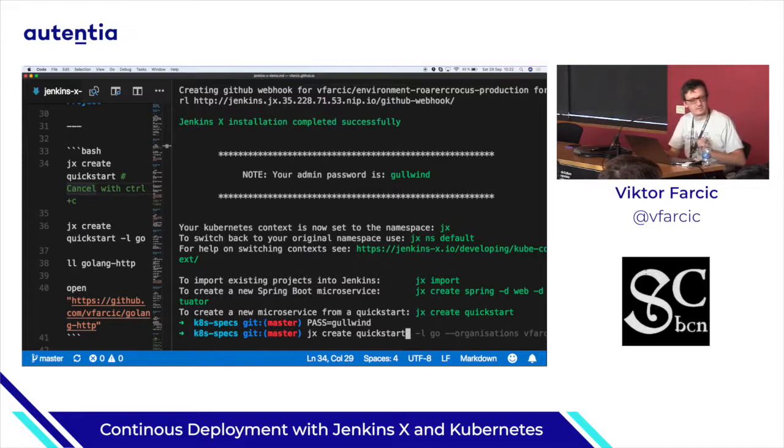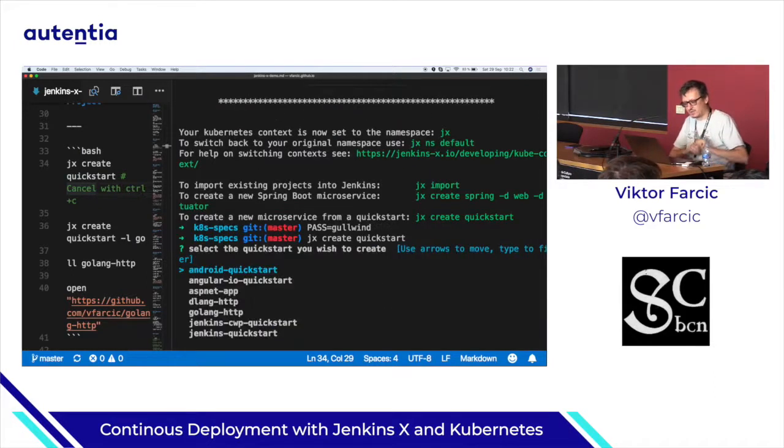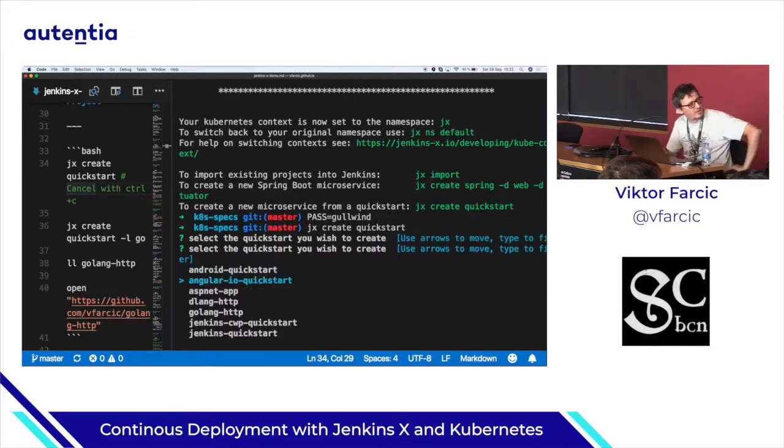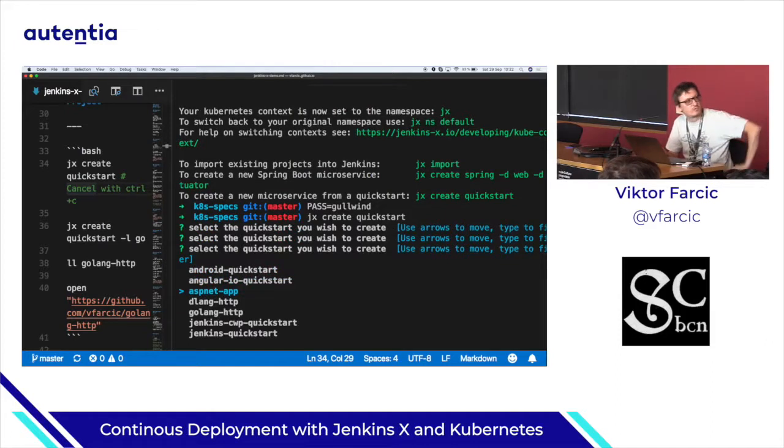Jenkins X creates quick start. Basically, what that will do is that it will create the whole project, everything that I need to work on: a new application, repository, required files, everything. So jx create quickstart, and it asks me, okay, what is the type of application you want to create,